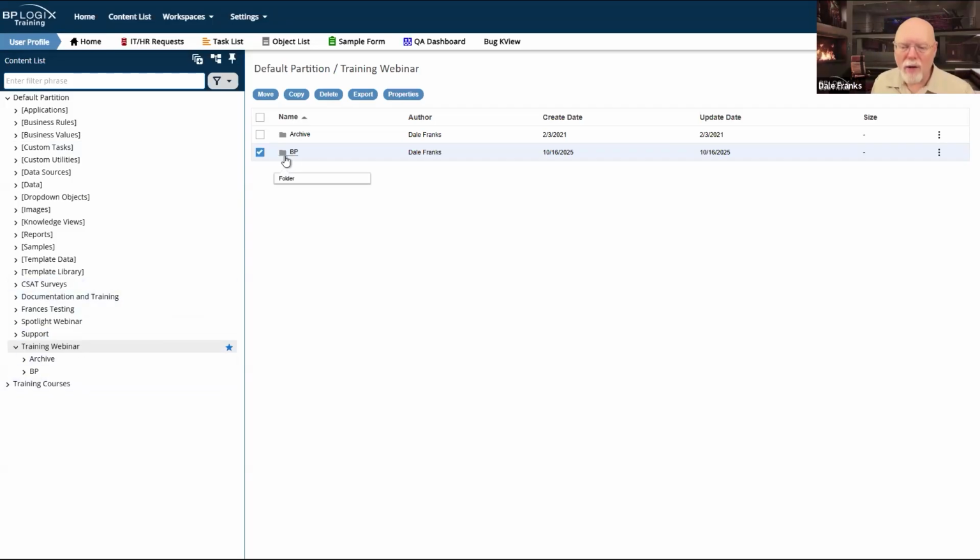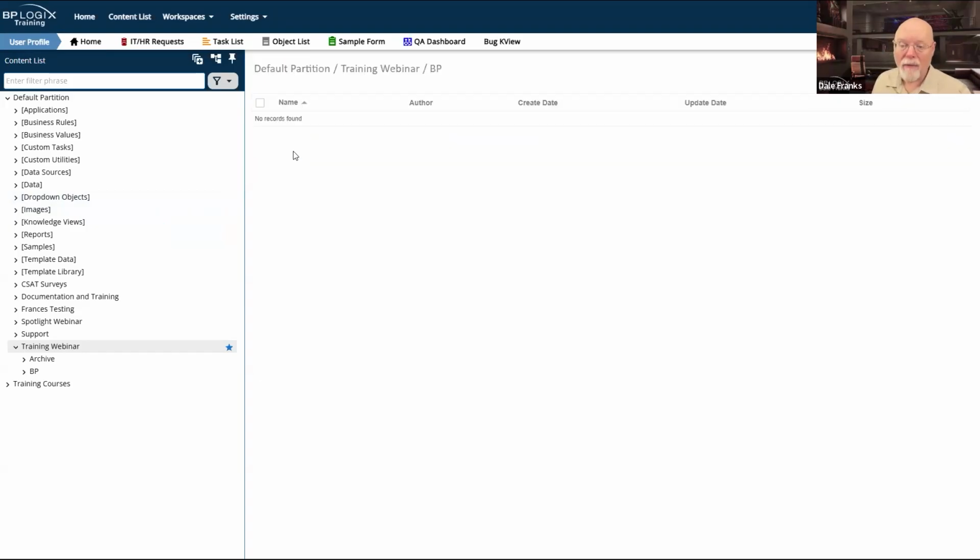So in that case, where all of my local objects are here in the BP folder and all of my global objects are in the same relative file location on both systems and have the same names, all I have to do is export this one folder with all of its contents and then import it onto my production machine, and it all comes in at one time. It's going to make my life a lot easier.